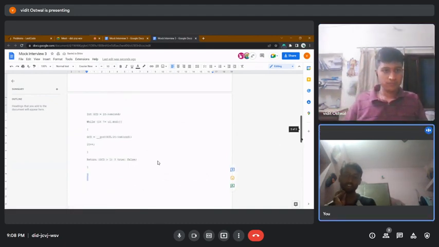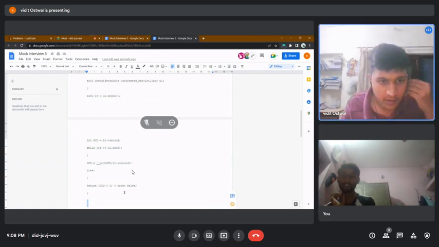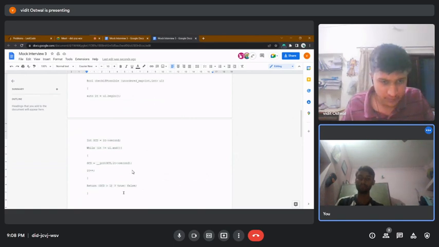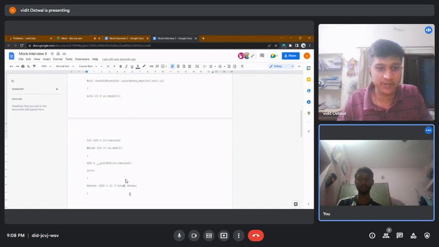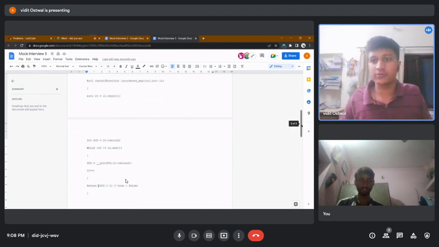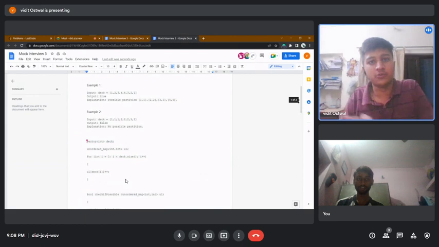Can you explain the last line, why GCD greater than 1 is true or false? Can you explain why, if the GCD value is greater than 1, it is true, and if it is less than 1, why it is false? Why have I put this condition, GCD greater than or equal to one? Yes. Okay. So what GCD will do is